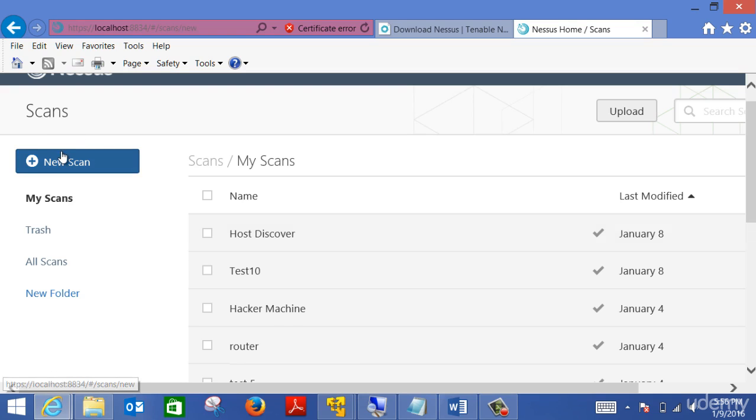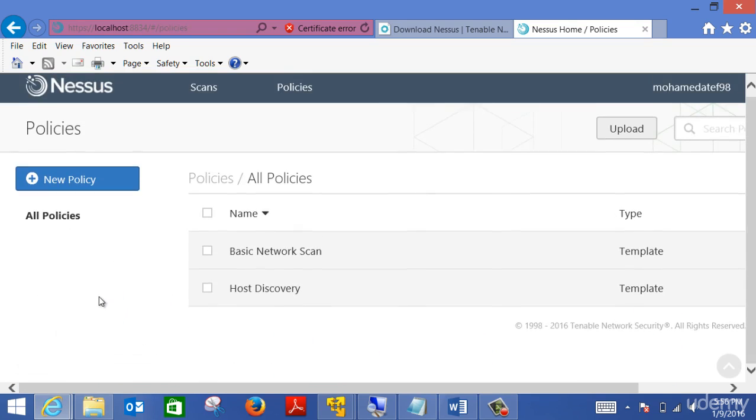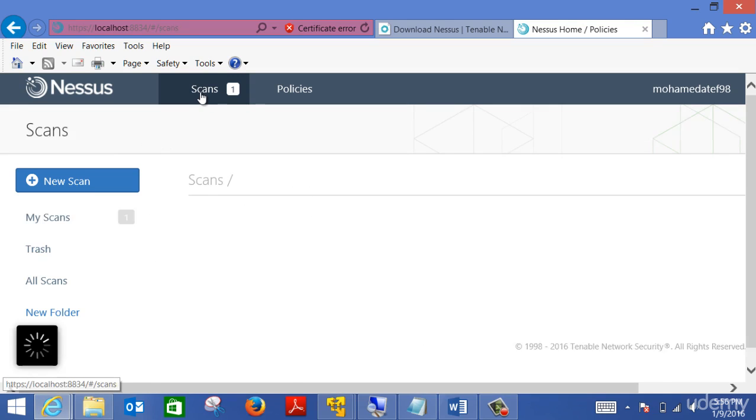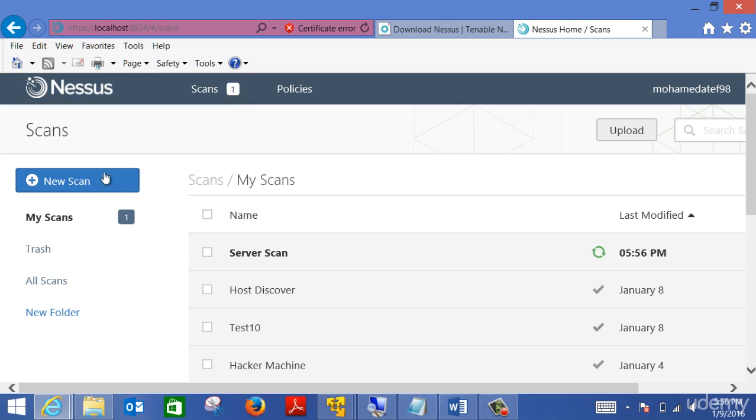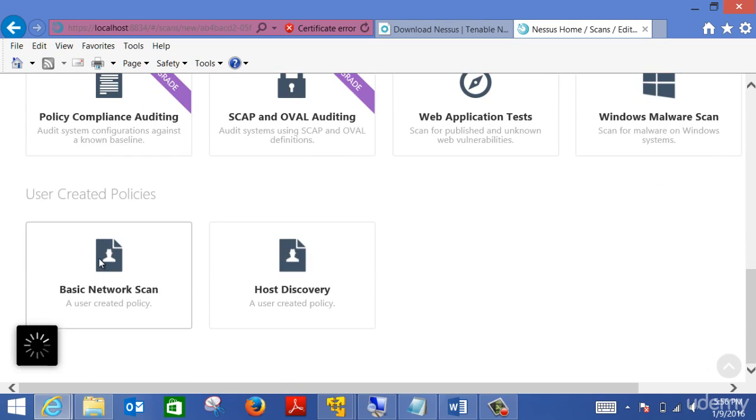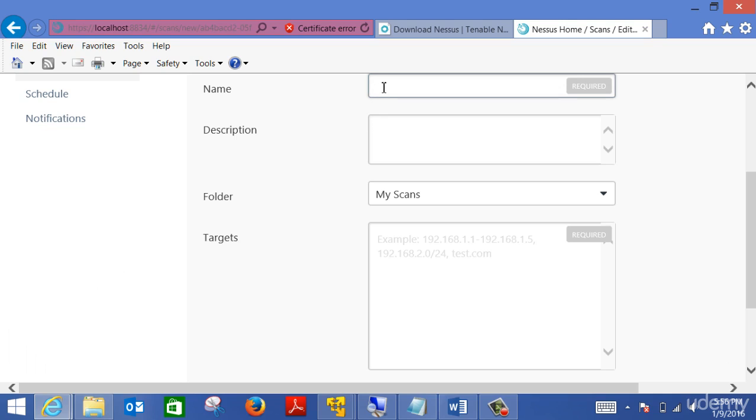Let me repeat that. Here you go. Let's go to scan and new scan, and I'm going to choose basic network scan. We're going to name that client scan, and I'm going to put the IP. As I told you, you can put one or more, or even a full subnet. So it will be